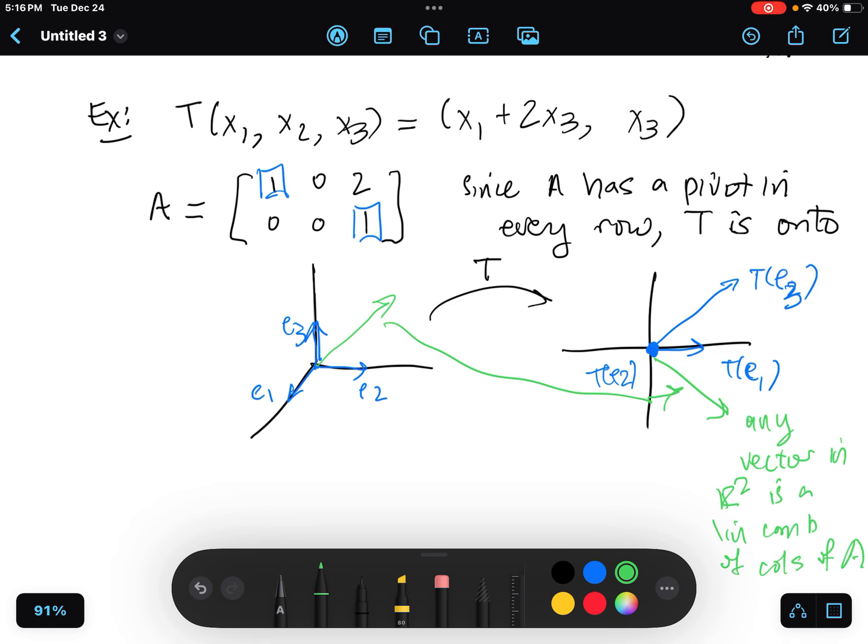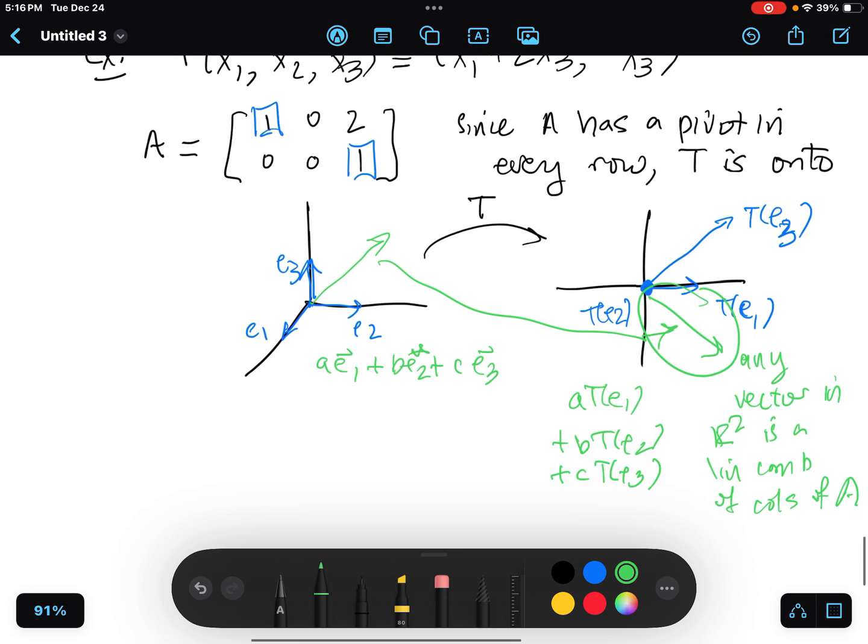So if, for instance, this vector was like A T of E1 plus B T of E2 plus C T of E3, then if I plug in A E1 plus B E2 plus C E3 into my function T, I will get this vector